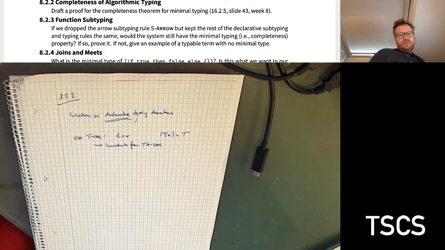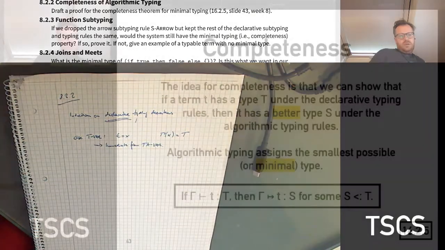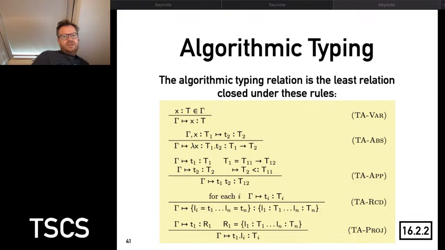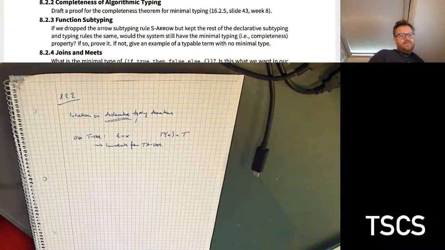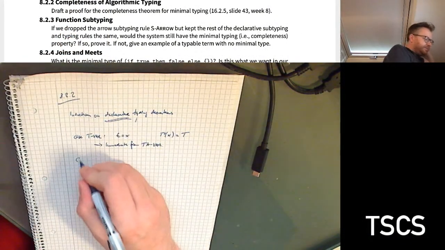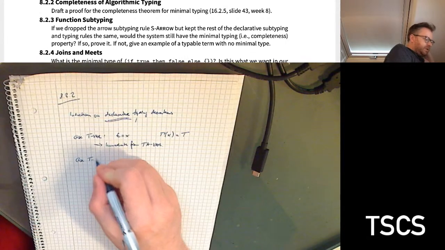If you go back to the algorithmic typing rules, you actually see this. So ta-var with the premises that we have here written down basically comes to the same conclusion. So you're good to go. Good. So next case is the